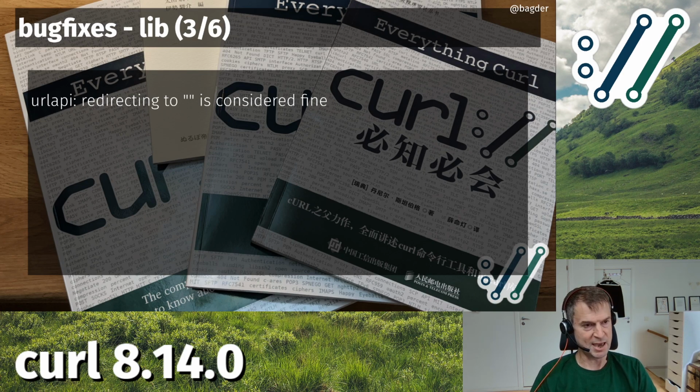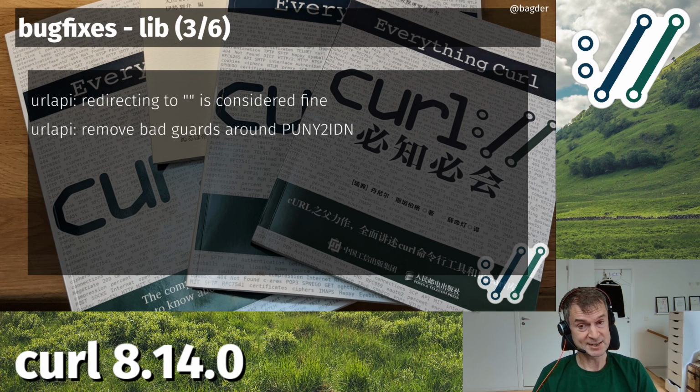But it appears that several documents and several redirect handlers out there are actually saying this should work. So now it works. Now you can do that with the curl URL API as well. And of course, it doesn't change the URL. It was an easy fix.